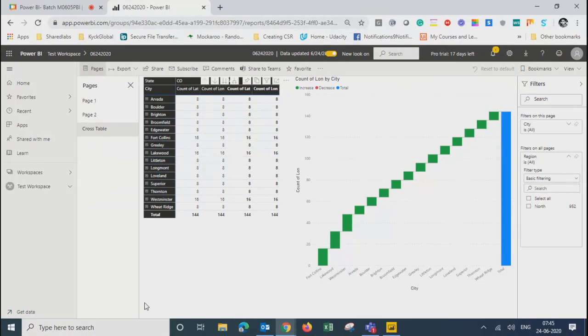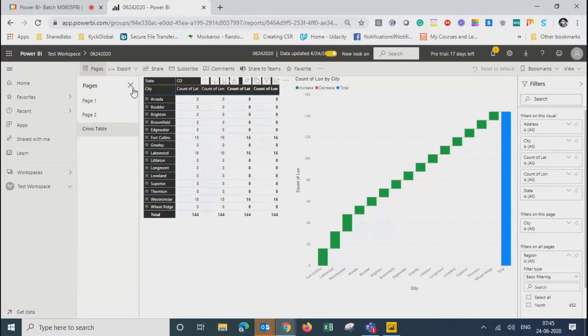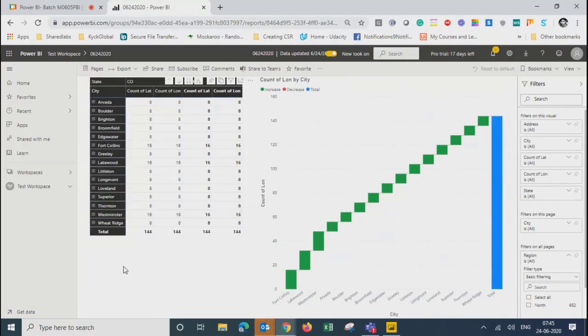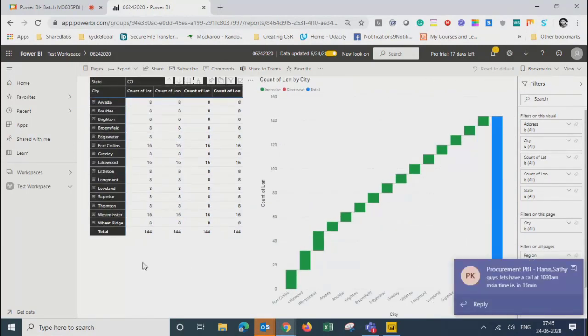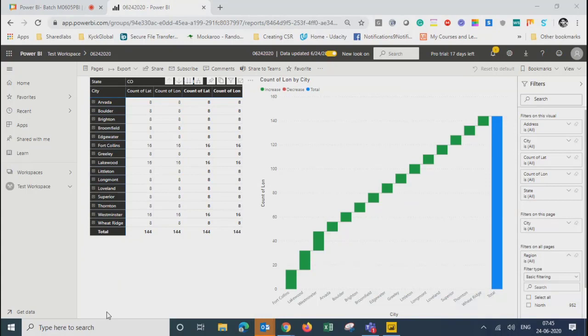So one more thing. The problem we came across is that I have these 3 pages. If I hide this, I may not know how to go from one page to another. Do we have any kind of interactivity? I don't see anything right now. So we can build that. How? I'll just tell you.